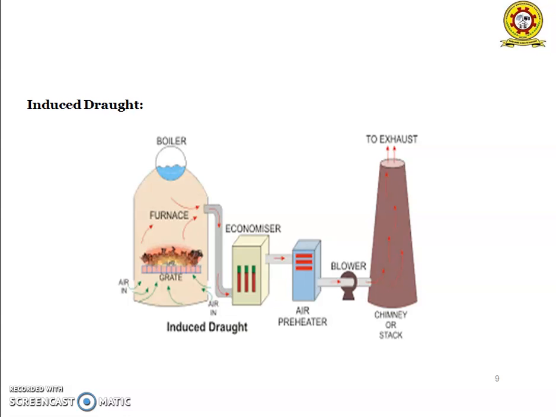And the second one is the induced draught. In this type of system, fans or blowers are used, located near the base of the chimney. The pressure over the fuel bed is reduced below atmospheric pressure. By creating a partial vacuum in the furnace, the products of combustion are drawn from the main flue and then pass through the chimney. This draught is used usually when economizers and air preheaters are installed in the boilers. The draught is similar to the action of the natural draught.